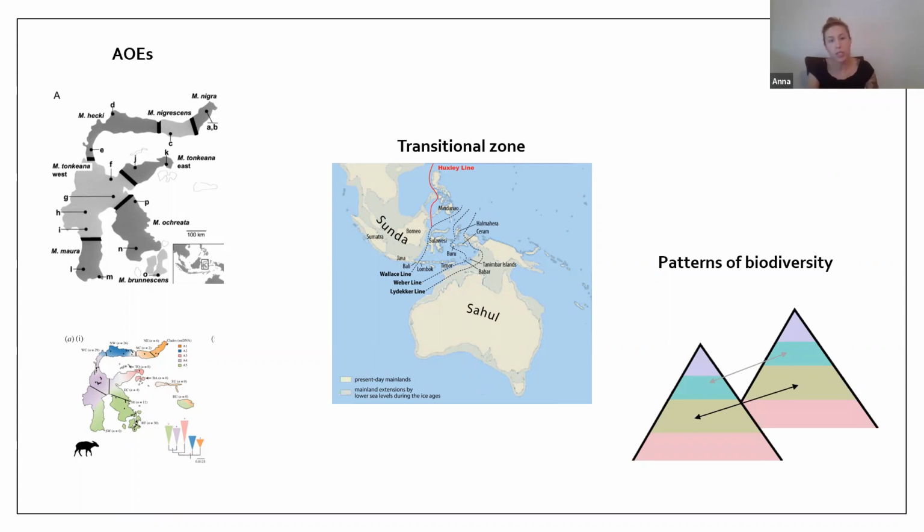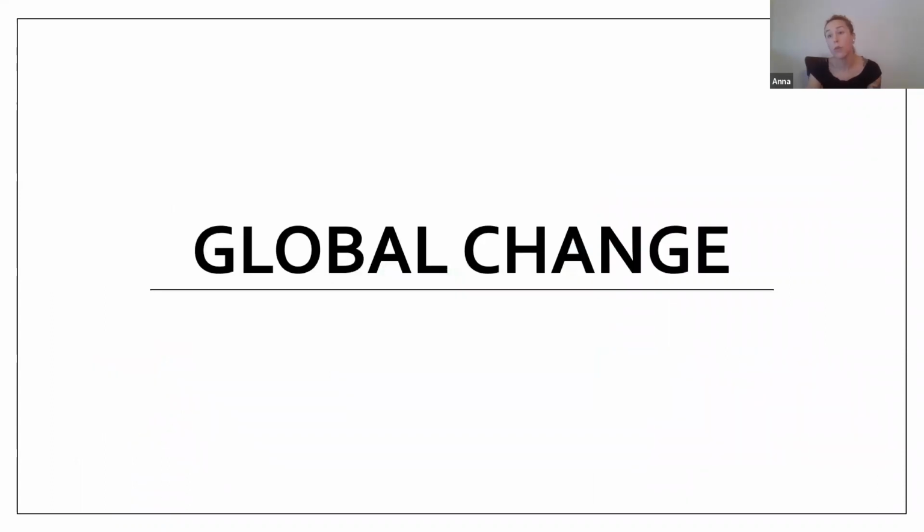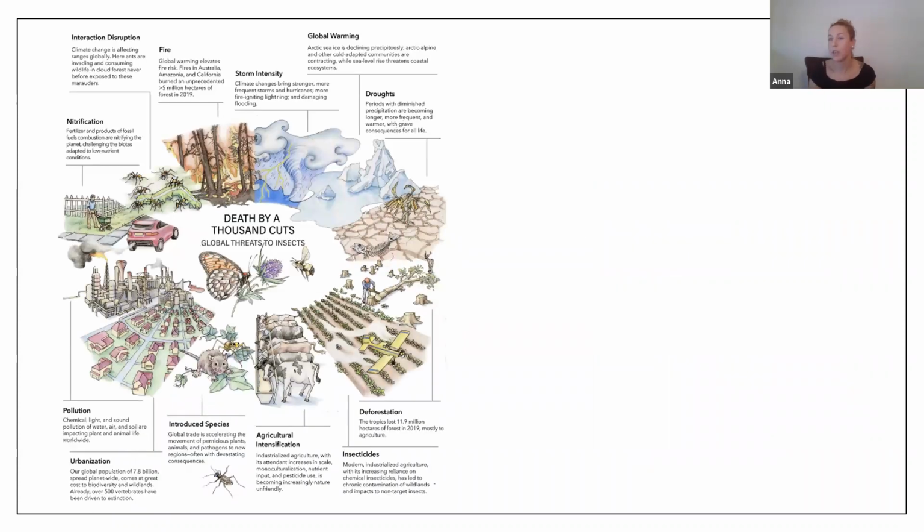But we can also use this data, and I think this is one of the most powerful reasons that we produce this, to look at patterns of global change in response to new anthropogenic pressure. So this has been a figure that's been floating around recently about how there's this obviously large impact on abundances of insects globally, and how all these different new global threats are affecting arthropod biodiversity and richness across the planet. So not very many studies for spiders, but we know this in general is a threat to global biodiversity.